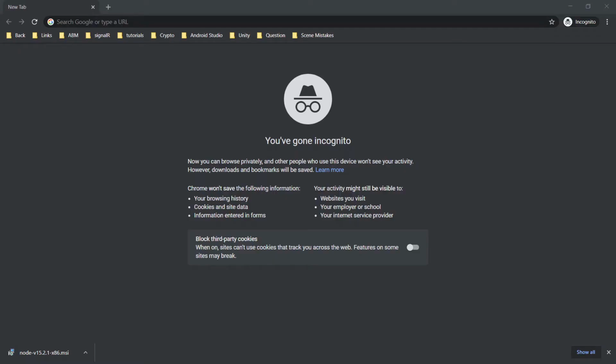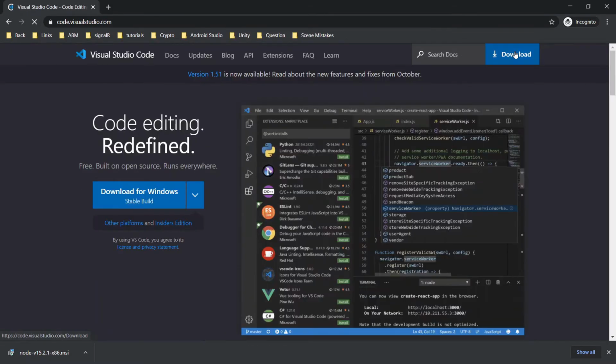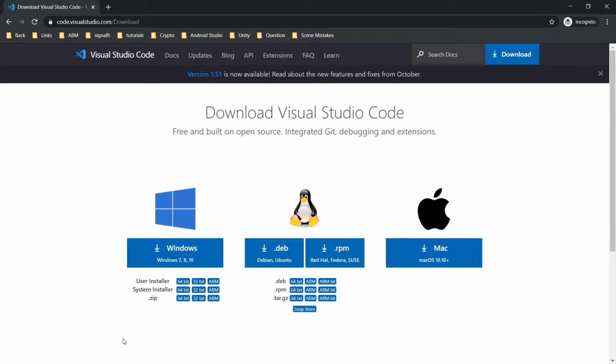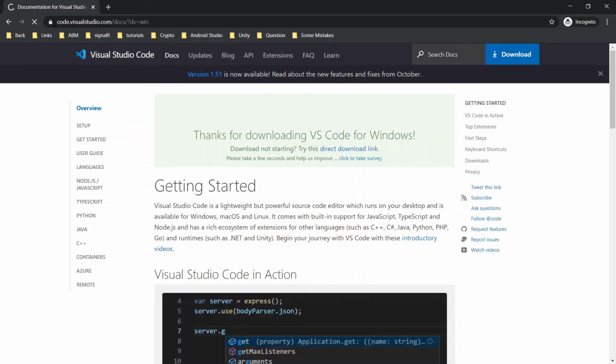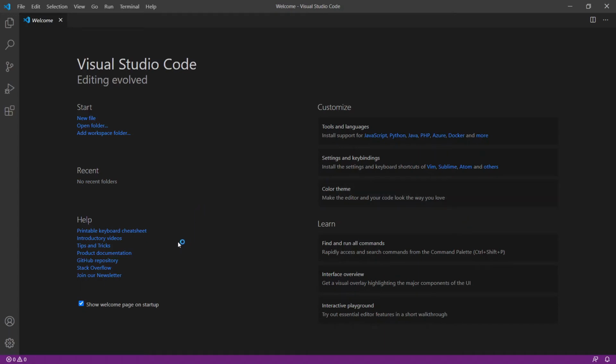To download Visual Studio Code, please visit the URL code.visualstudio.com. Here you can also see we have installer options available for Windows and Mac. As I have already downloaded and installed Visual Studio Code for Windows long back, I am not going to repeat this step. You can follow the installation prompts in the same way as we did in the case of the Node installer. From the Start menu, after installing Visual Studio Code, if you search for it and launch it, you will see the first glimpse as I have here opened my VS Code.